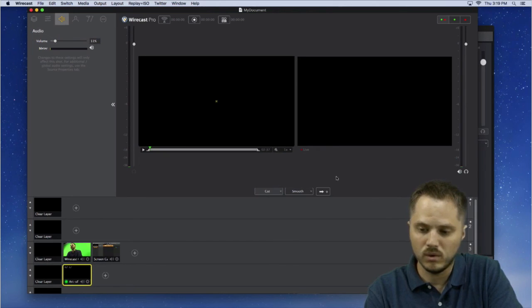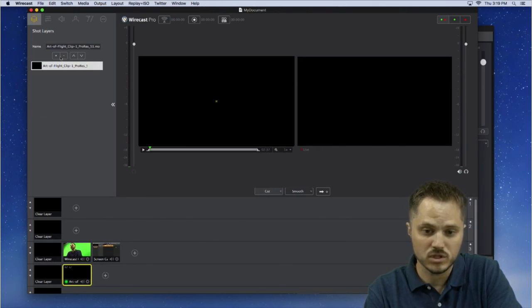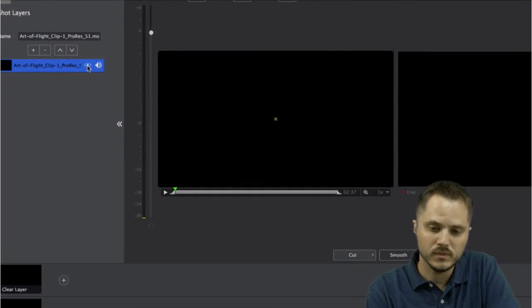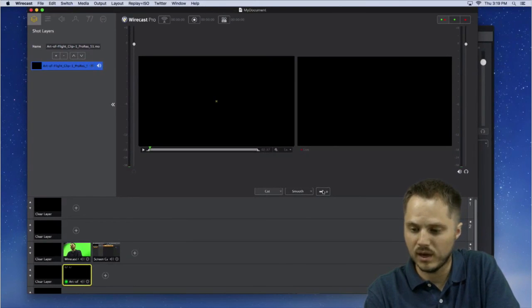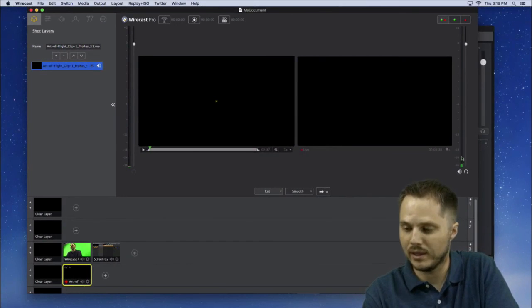And then you could lower the opacity as well, which would be the same as just turning on or off the eyeball here. So if we keep the audio on for this clip but turn off the video, now we can play the audio from that. And if we take it live, you'll see it's just slowly playing that music quietly in the background.